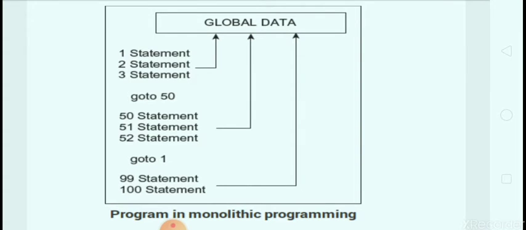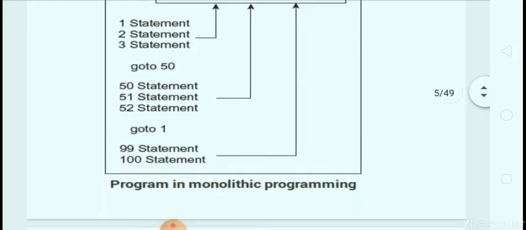Here we have to declare global data. When we execute any kind of application in monolithic programming, we can use global data variables. Global data variables means what? We declare the variables outside the functions and use that particular variable inside the function and also outside the function. So in larger programs, the monolithic paradigm is not suitable for performing the operations, and when we declare global data, it does not provide security for the statements. So this is an example of monolithic programming.